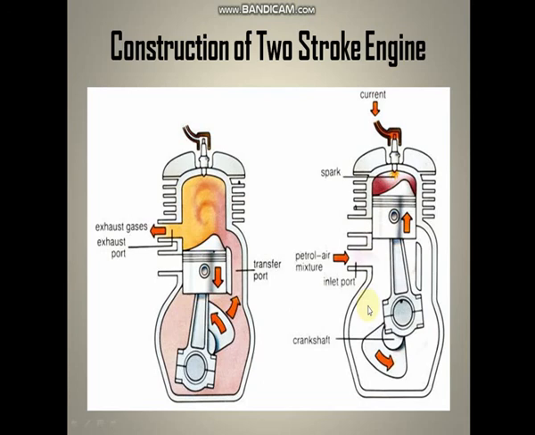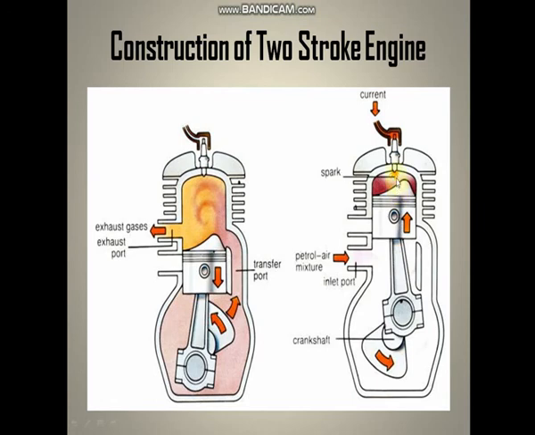So in the upward stroke of the piston, when the piston is moving from the bottom dead center to top dead center, there is a pressure difference between the crankcase and the atmosphere, and the pressure inside the crankcase is much lower. So the maximum amount of air fuel mixture will be drawn into the crankcase and compressed. And the air fuel mixture which is already in the combustion chamber will be compressed heavily as the piston moves towards the TDC. Okay, that will happen at the upward stroke.